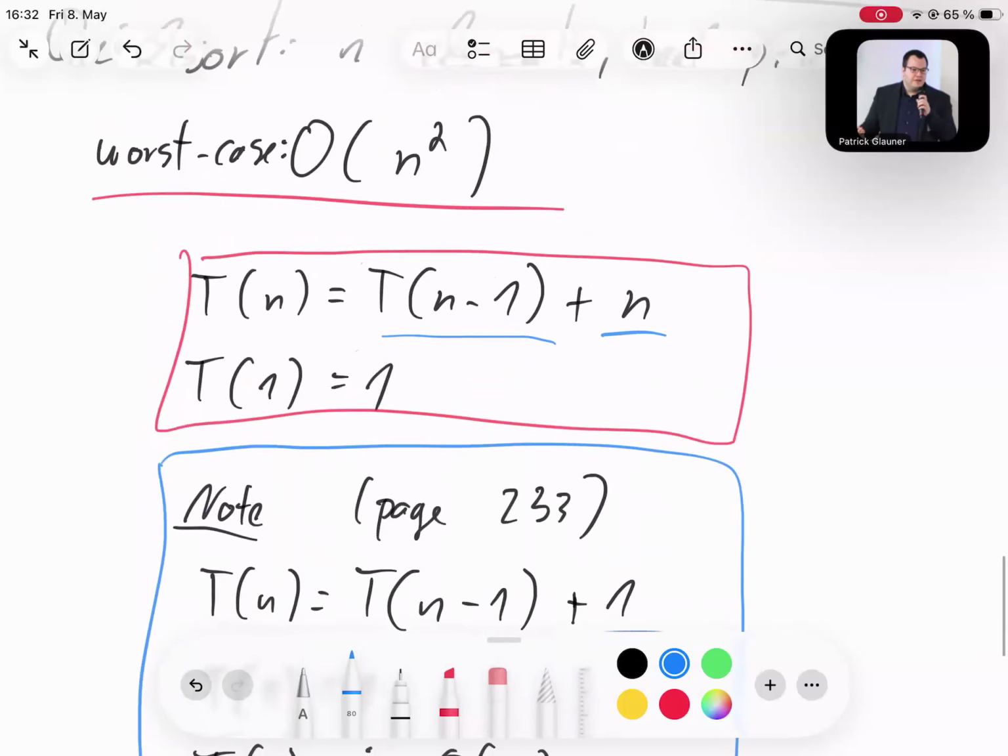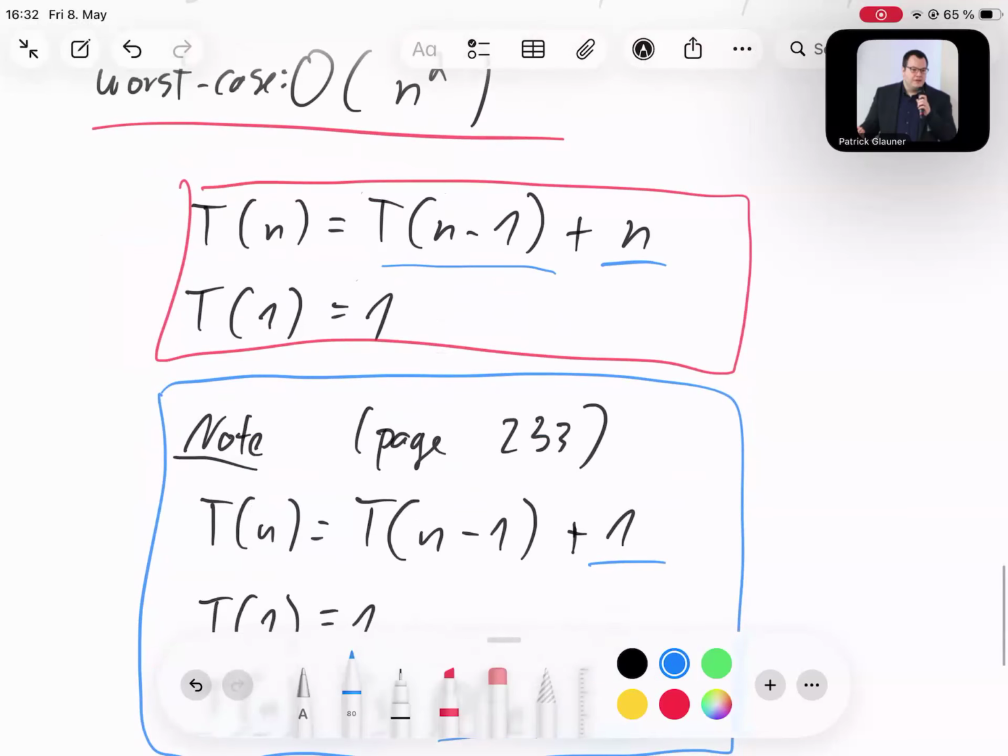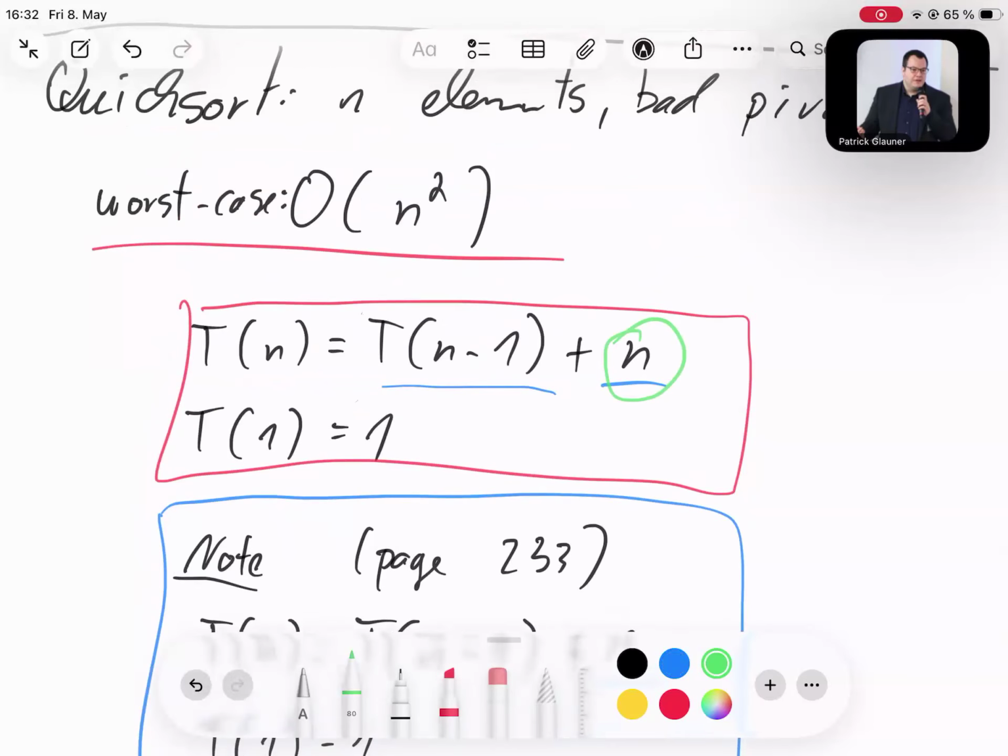But here, for our worst case quicksort, we don't have a 1 there, we have an n. So if you solve this recurrence relation, you will see it's O of n squared. And this one, you have to solve manually. The master theorem will not help you because you subtract one, you don't divide n. So page 233 in the slides,